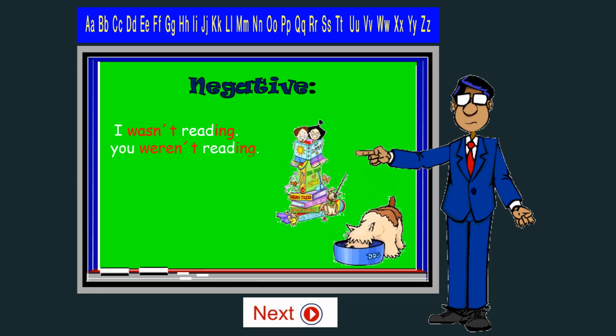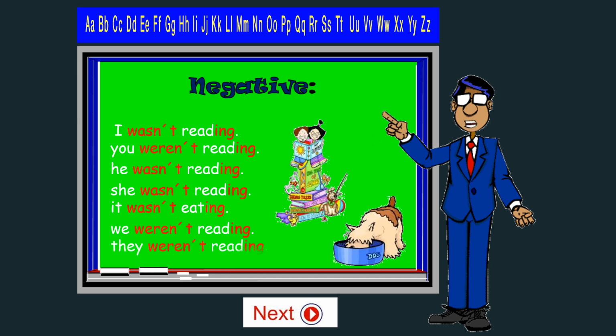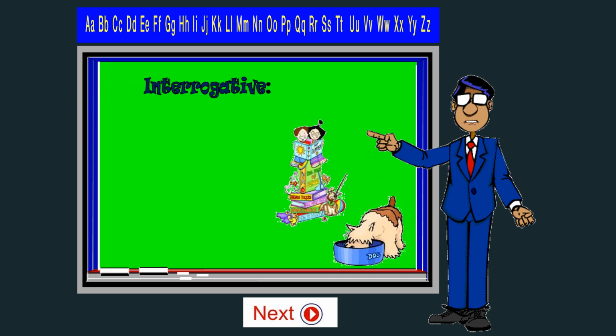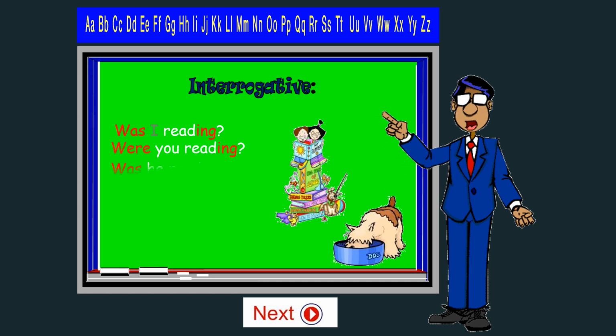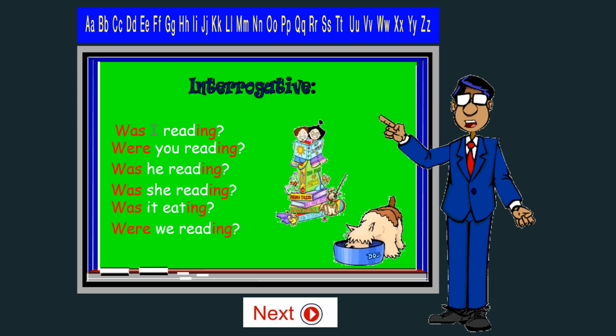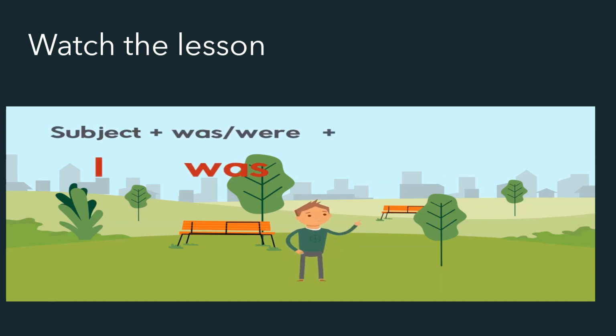You weren't reading. He wasn't reading. She wasn't reading. It wasn't eating. We weren't reading. They weren't reading. Question. Was I reading? Were you reading? Was he reading? Was she reading? Was it eating? Were we reading? Were they reading? We form past continuous tense with a subject like I, plus was or were, here it's was, plus a